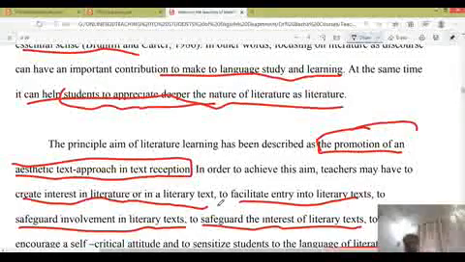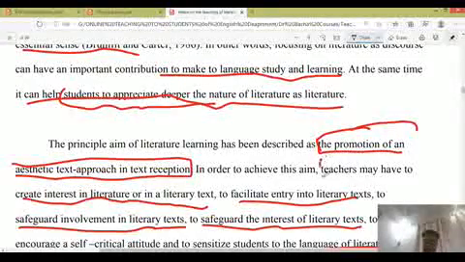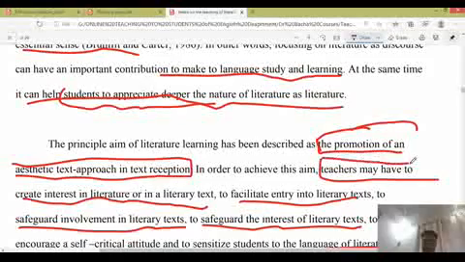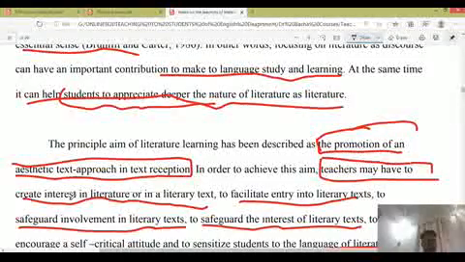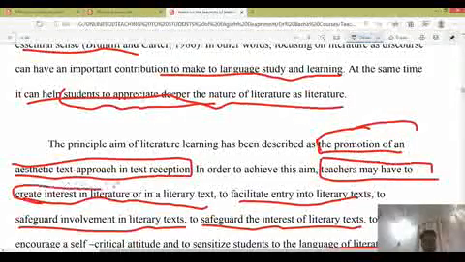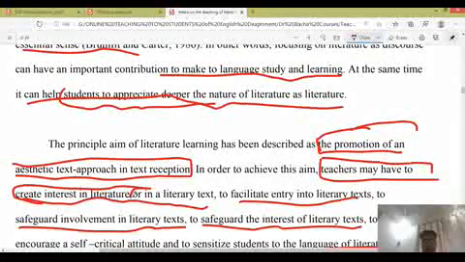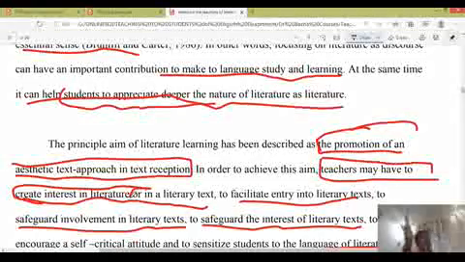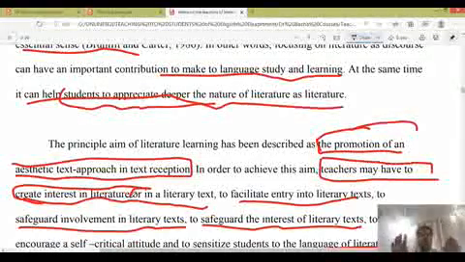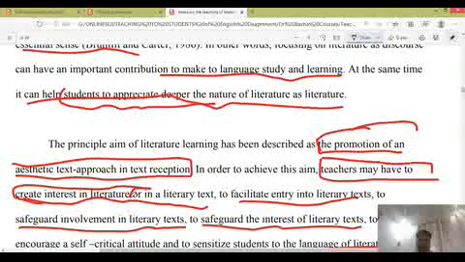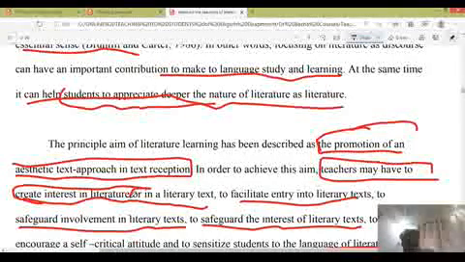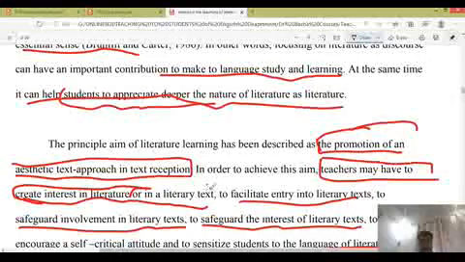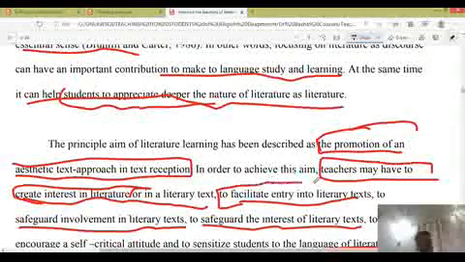So the teachers are supposed to do what? They are supposed to create interest in that piece of literature for the student, so that the students take interest in that piece of literature, right? Or in a literary text. And another function they are supposed to play is that they are to